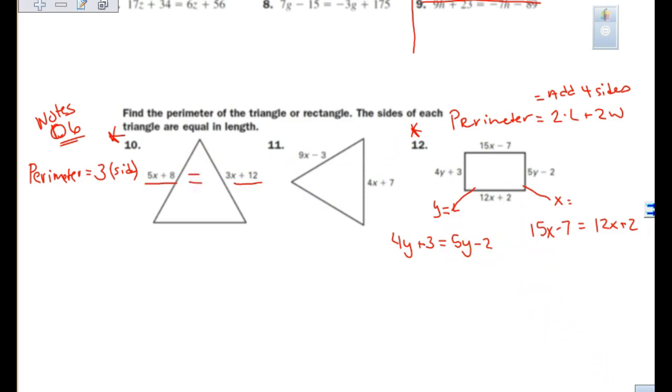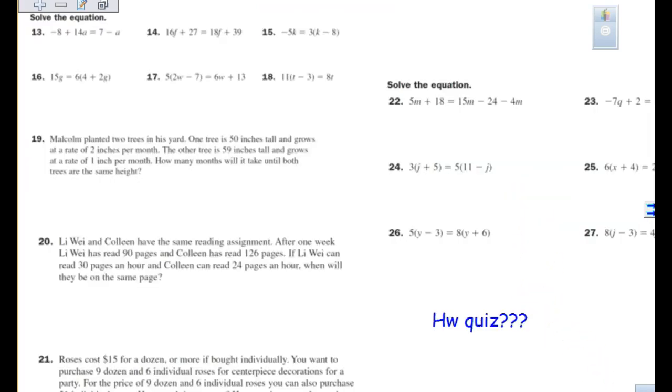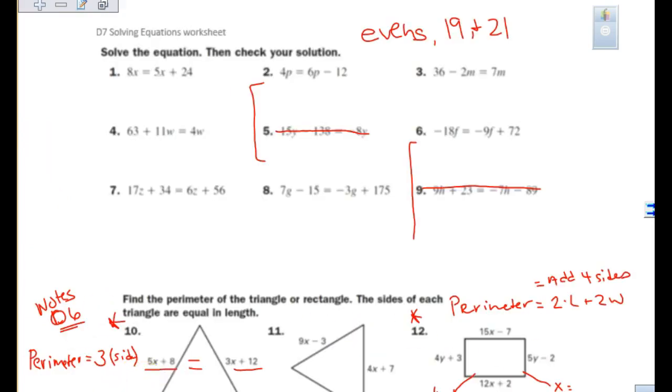Here you have more. So there are some story problems. Someone was asking about checking your homework and some of the answers being wrong in the back. They are not. So you will do 19 and 21, those story problems, okay? And then the evens. So what I want you to do for the remaining